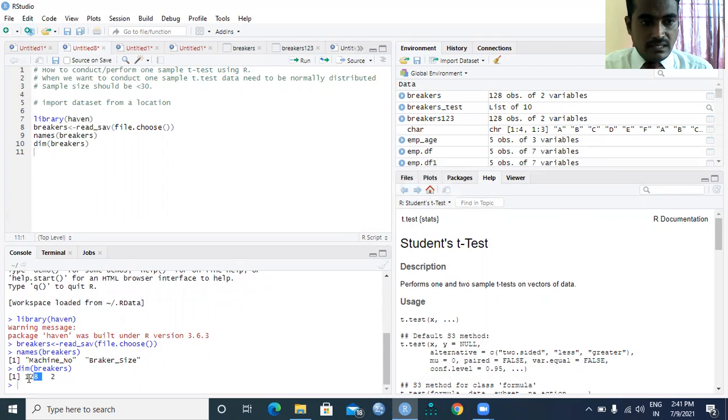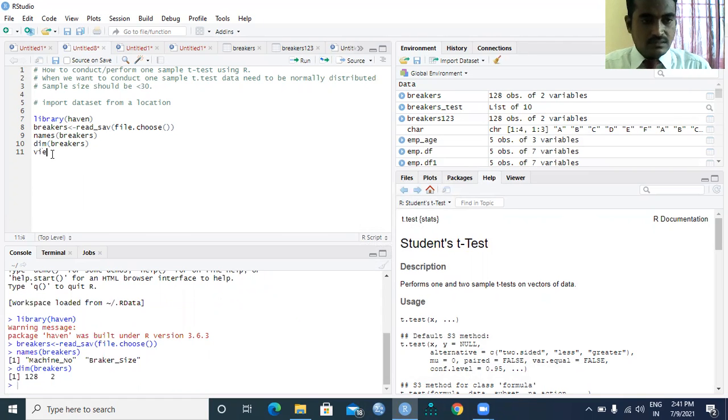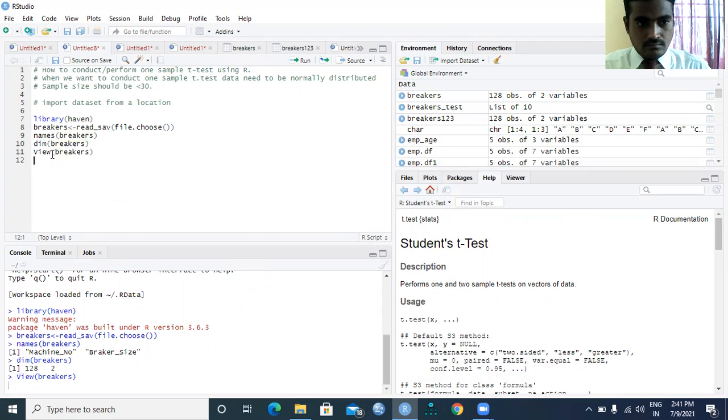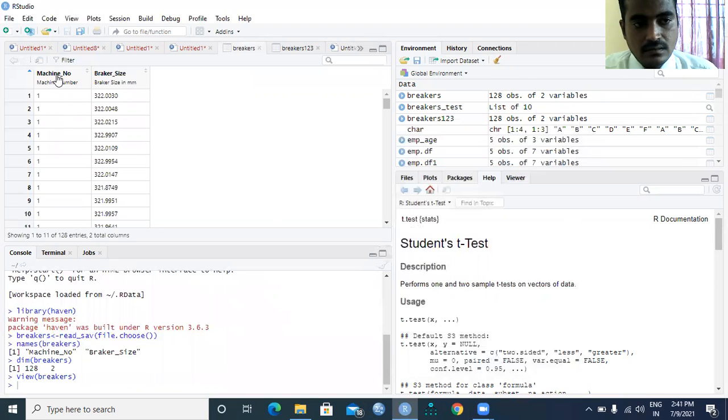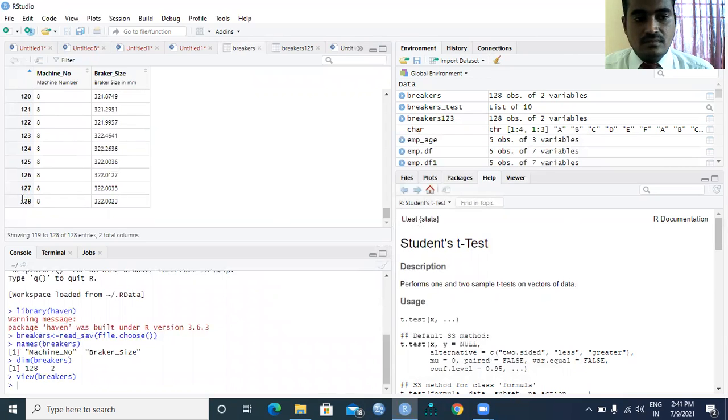There are 128 observations with two variables, and view. What we try to do is view. Now you can see here there are two different variables by the name of machine number and breaker size, with 128 observations.